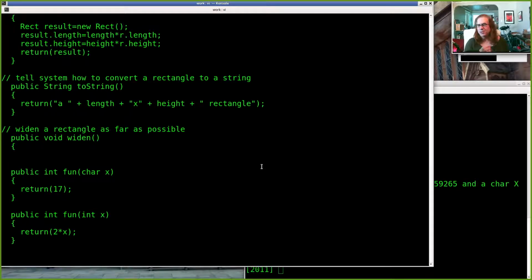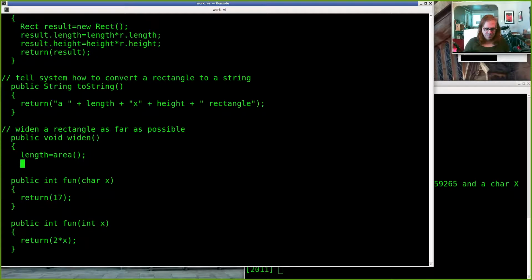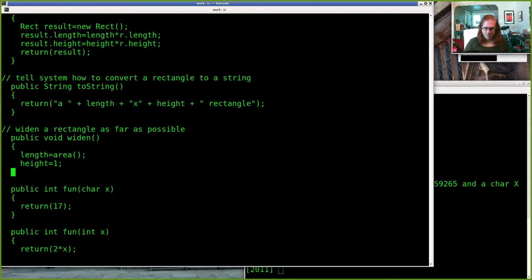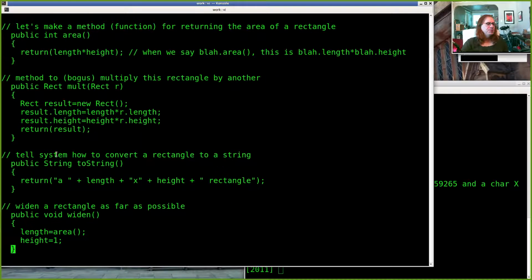Alright, so this is an example of using all of this stuff the way that we want to be using classes. So I'm just going to say length equals area. And height equals 1. Alright, so what's happening in here? There's a bunch of things going on, right? I'm calling a method area. I haven't said something dot area, just like I haven't said something dot length or something dot height, which means the area method that I'm calling is the one inside whatever object I'm in. If I say r1 dot widen, then this is saying r1 dot length equals r1 dot area, right? And the area method, which we wrote somewhere,